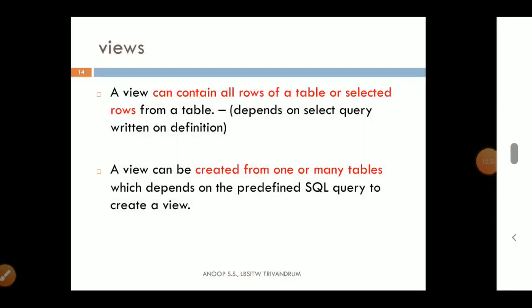As the view always depends on the select query, the view can be from a single table or it can be from multiple tables. We can write SQL queries that get information from more than one table, and we can specify that in the from clause. So the view can be created from a single table as well as from multiple tables.